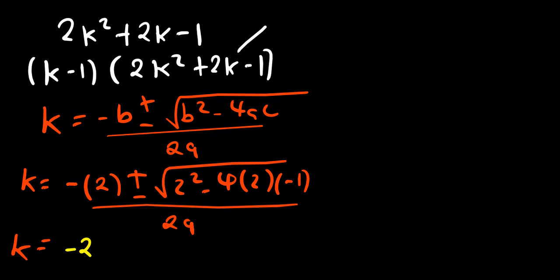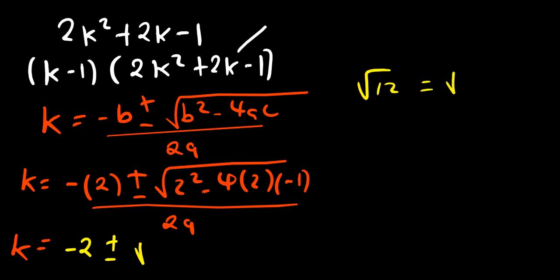Okay, so what do we have? When we say 2 squared, that is 4 minus 4 multiplied by 2 more negative. When I do that, let me just punch it on a calculator. That is giving me the square root of 12. Now the square root of 12 can also be written as, okay, so we have a positive or minus. The square root of 12 is just the same as